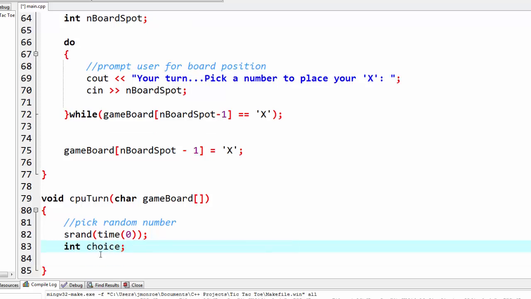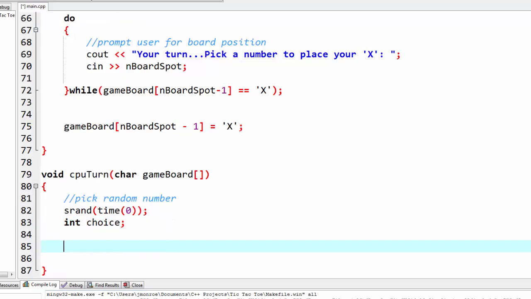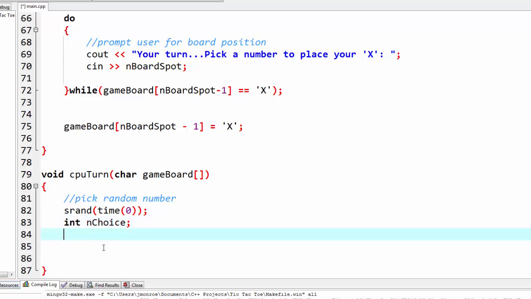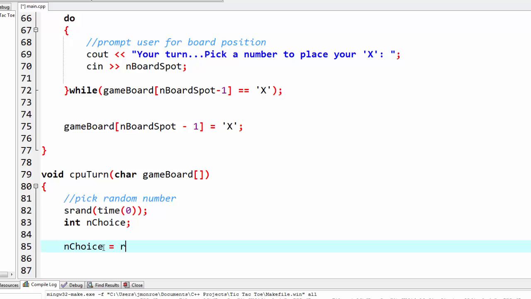And I'm going to have it put that random number into int choice. I'm going to store it in that choice. For integers, I usually do put an int in front of there. Let's go ahead and do that. So int choice is going to get rand